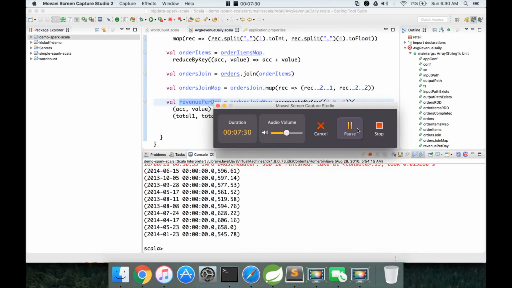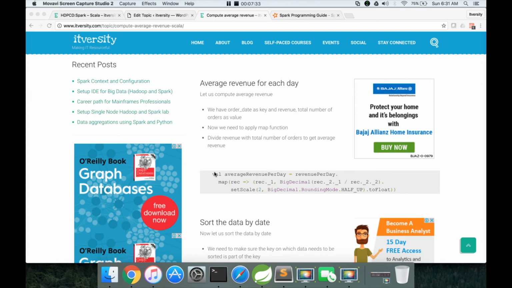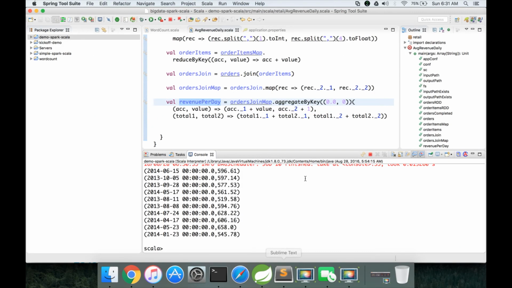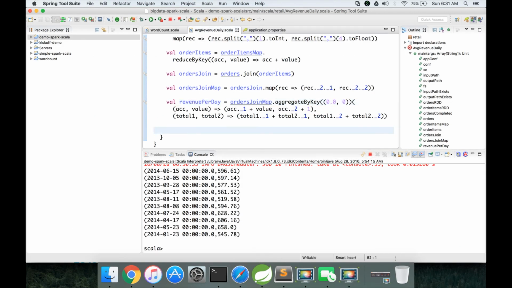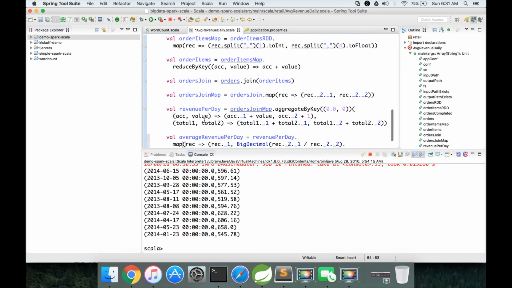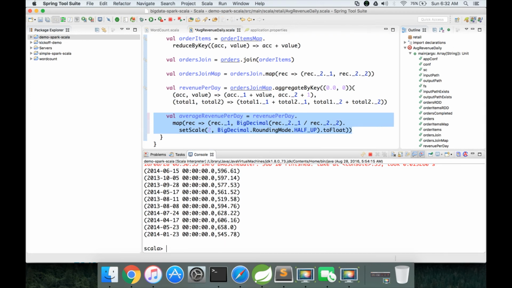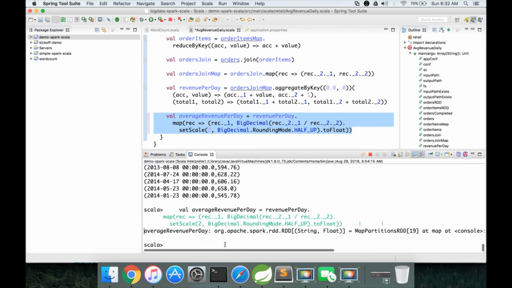Okay, so we want to copy paste this code snippet into our program. Save it, format it and save it, and also before closing this, let us validate here. You can see that average revenue per day is of type string and float. The first element is date and the second element is our average revenue.